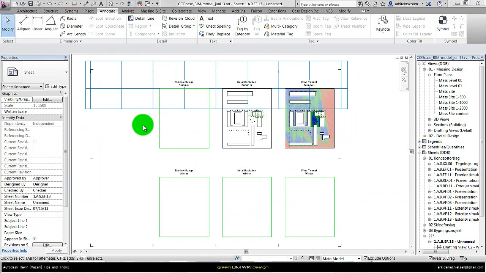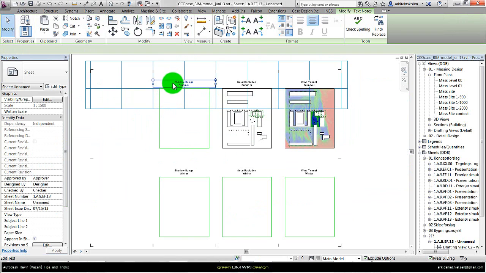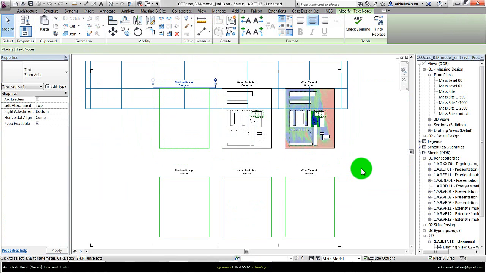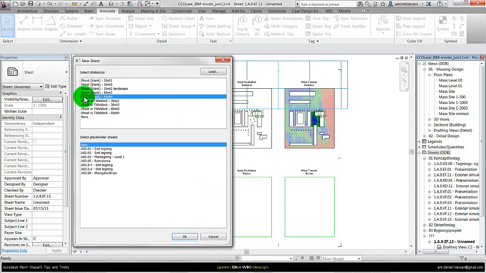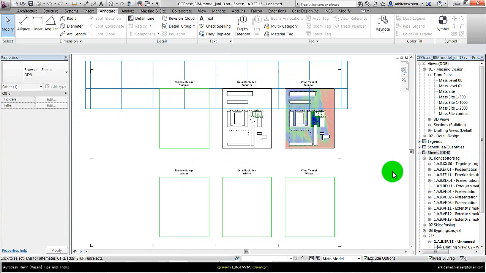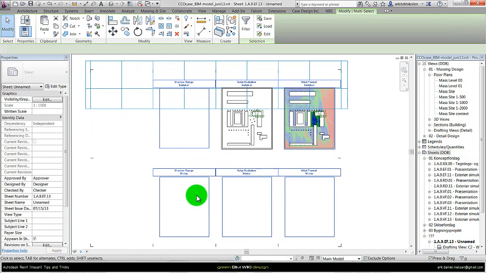And finally, when you have set up everything with the manually drawn view frame, the text and so on, then it's time for copying these to a new sheet, and then it will go much faster to create the other ones when you have done it once. So first I create a new sheet, right click on sheet, new sheet, select a blank one, same size, 60 x 84, press OK, go back to the sheet you have set up, select the text and the frames,